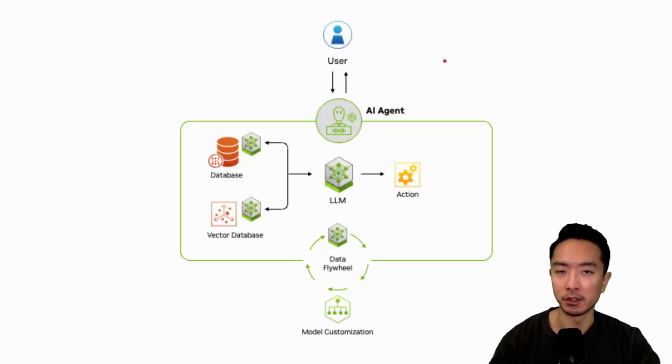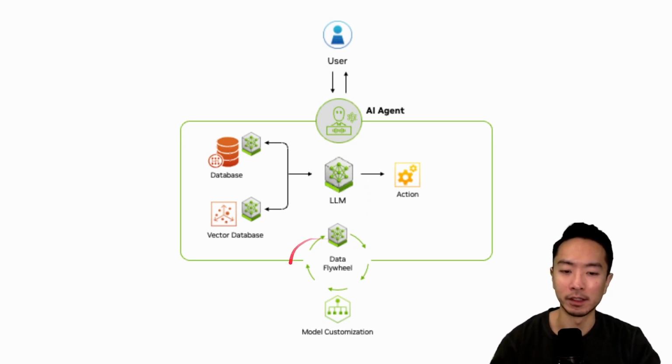So this diagram here shows how all of the four components that we just talked about will interact with each other. Up on top here, we have the user. The user is going to pass information back and forth between the AI agent, and everything inside of the AI agent is going to contain things like the LLM, action, and the database that we talked about. So what's going to happen is the LLM is going to retrieve information from the database. We have a database and a vector database. And then the LLM is going to instruct actions that could interact with different applications that's possibly external to the main interface that you're interacting with.